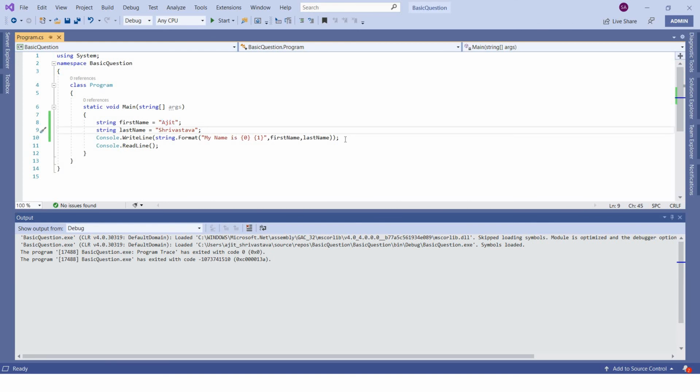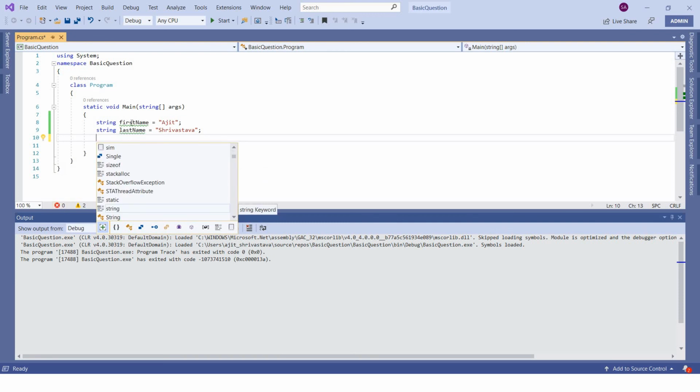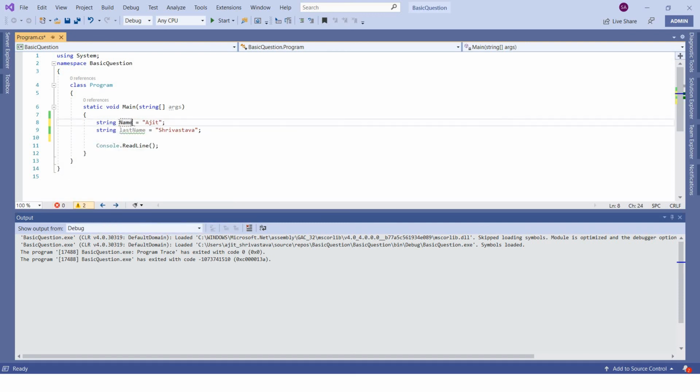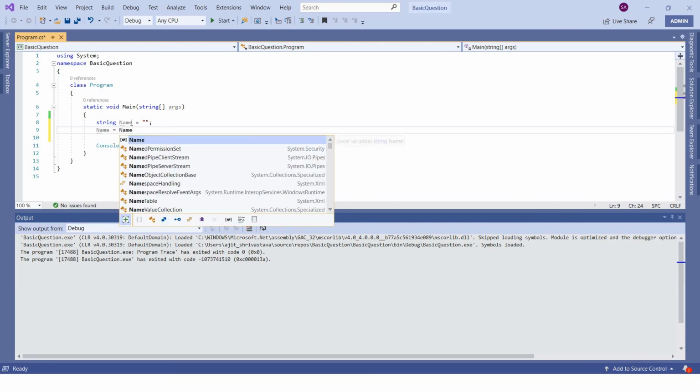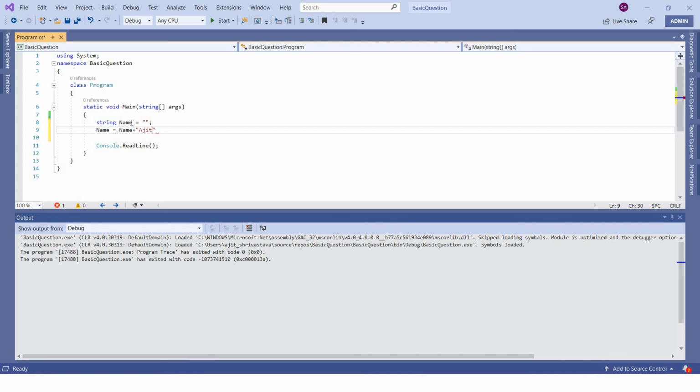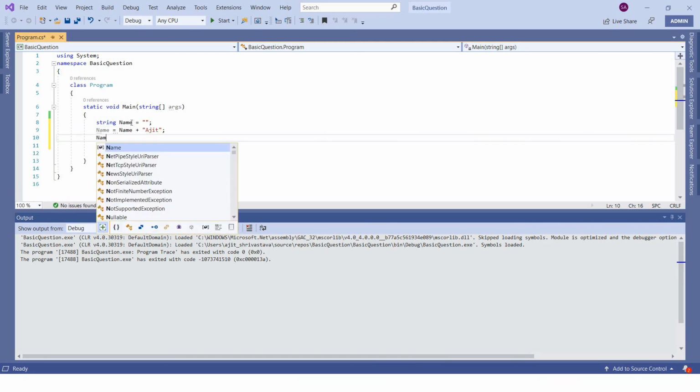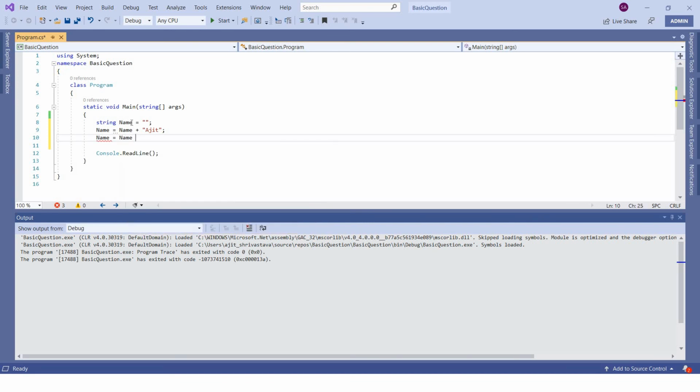Now let me change this code a bit. I'll say name equals blank. Next, name equals name plus Ajit, then name equals name plus Srivastava, right?